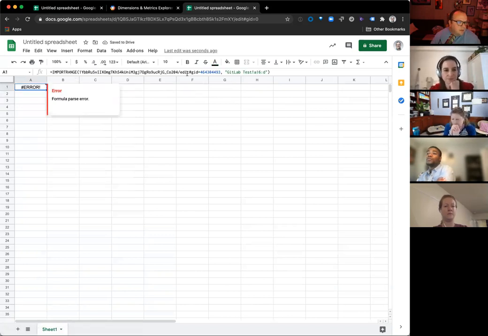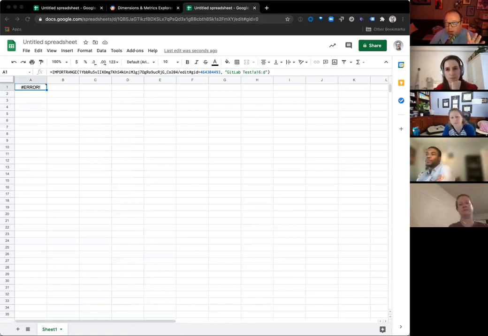Formula part. Okay, so I messed up the formula. When we get the formula right, you can take any report you're building and automatically generate it and import that into another sheet. You can also import it into Google Data Studio, so it can be part of a dashboard. And so